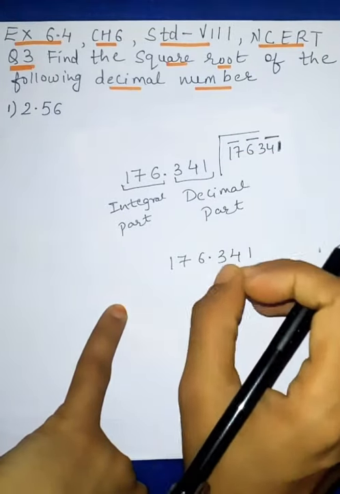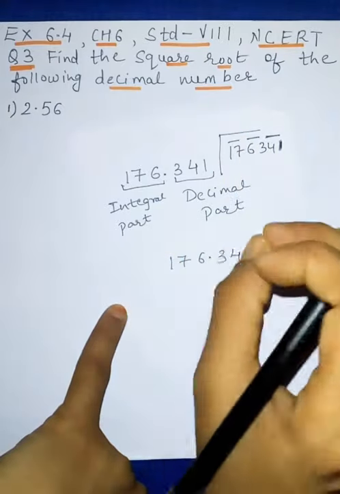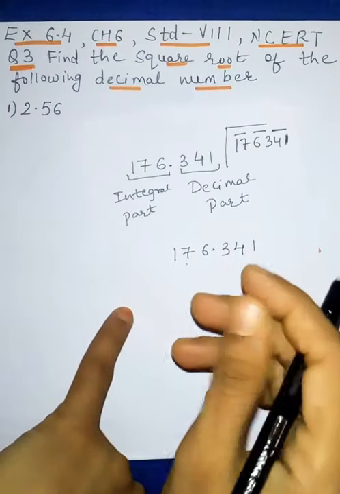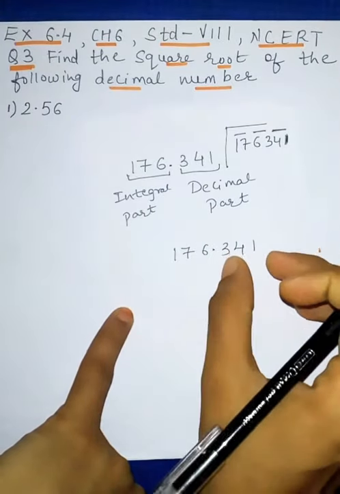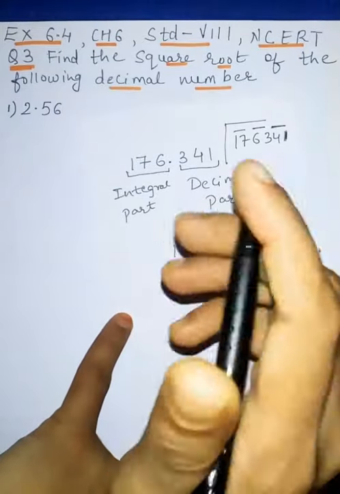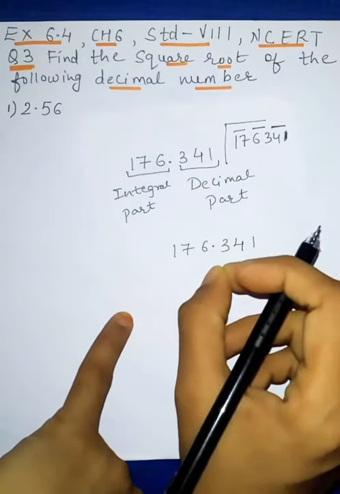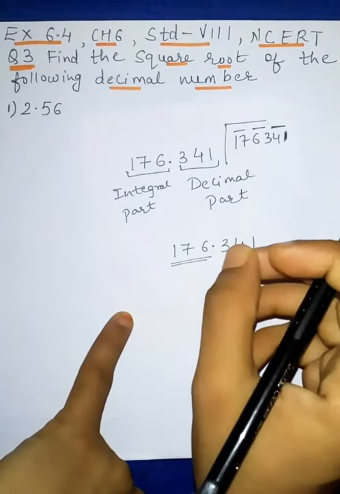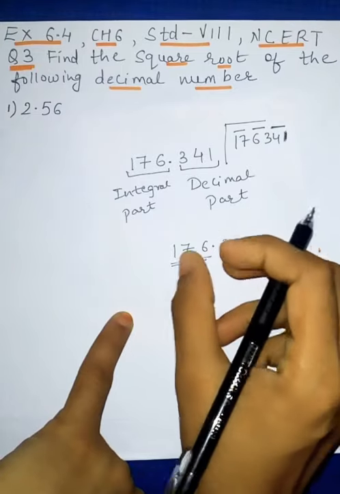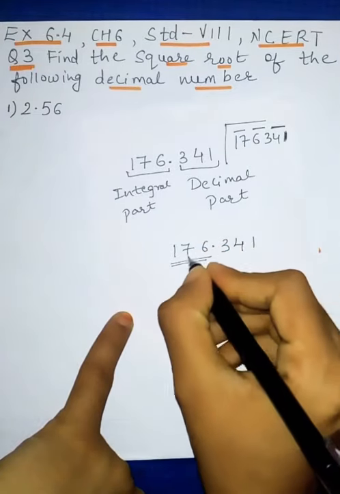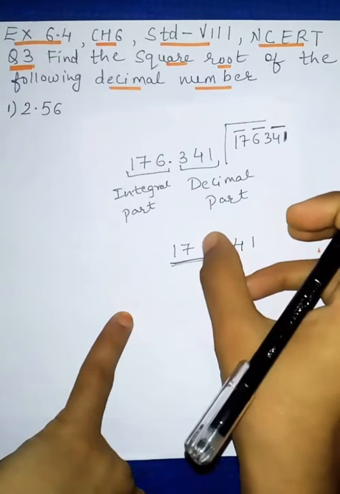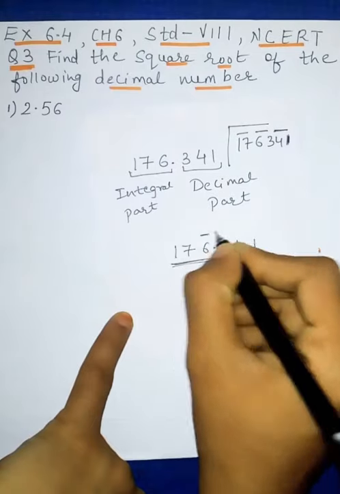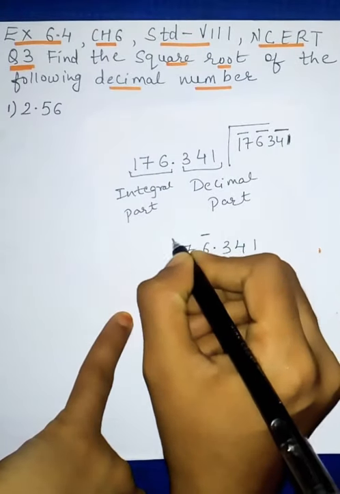But in the case of a decimal point, the method is not the same for putting the bar. The method is, first of all, you will draw bars on the integral part and also on the decimal part. दोनों पे आपको bar draw करना है. In the integral part, we start putting the bar from the last digit. This is the integral part. So the last digit of the integral part is 6, so we will start drawing the bar from here. So this and then this.